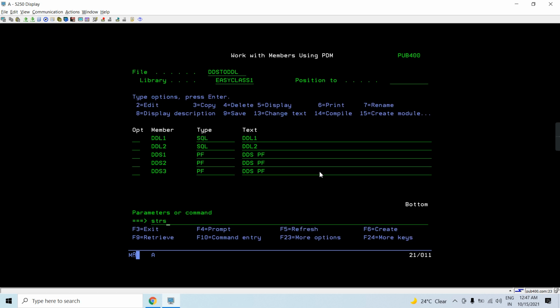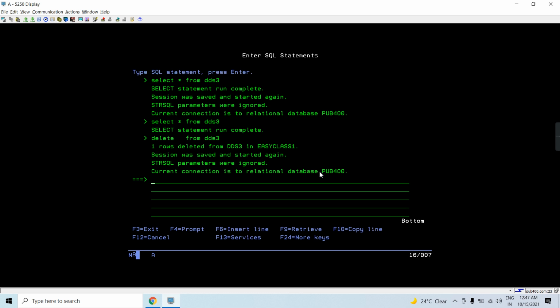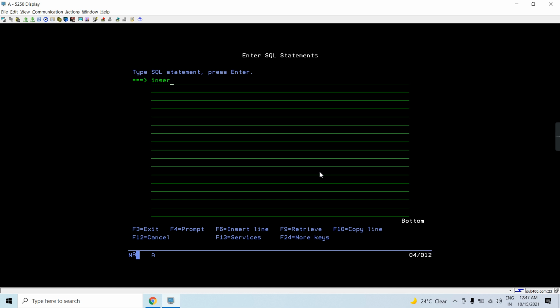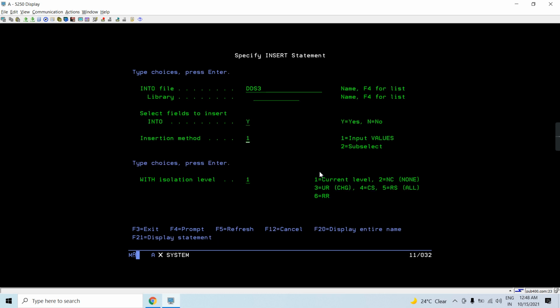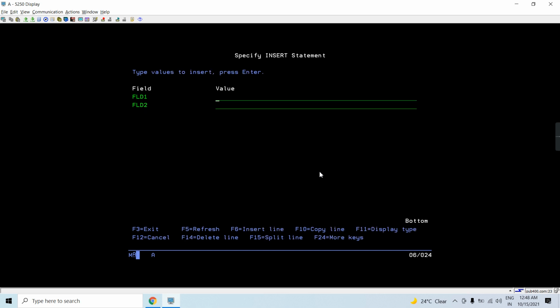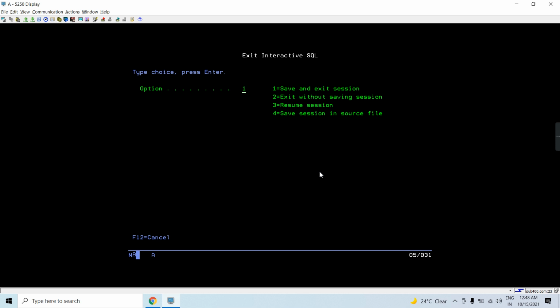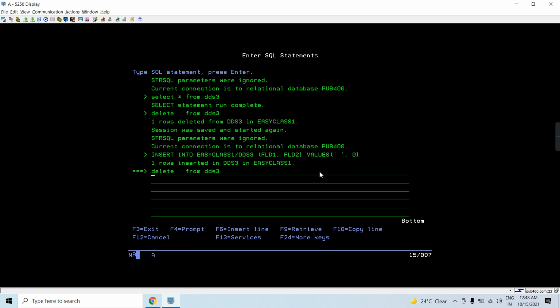Now let's try to do the same thing from SQL. Here blank and here 0. Now you can see the same blank and 0 are inserted through SQL.